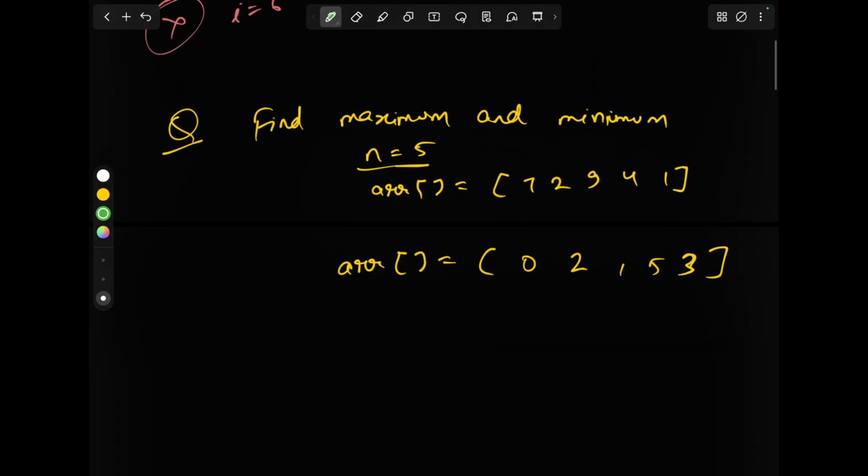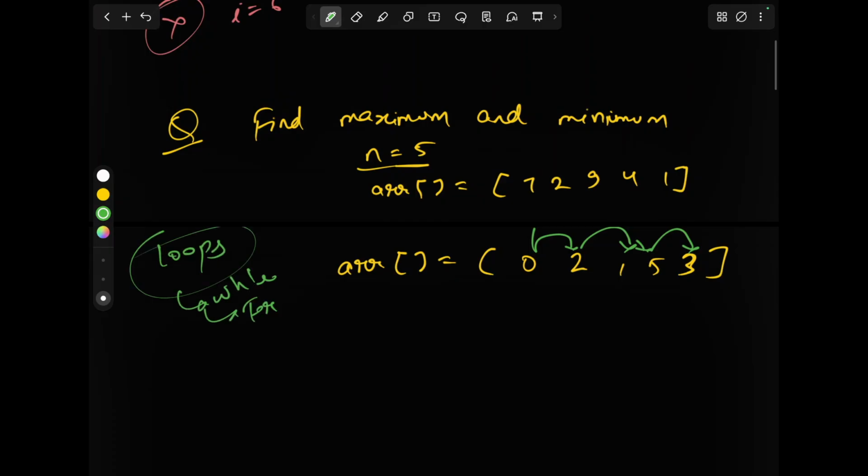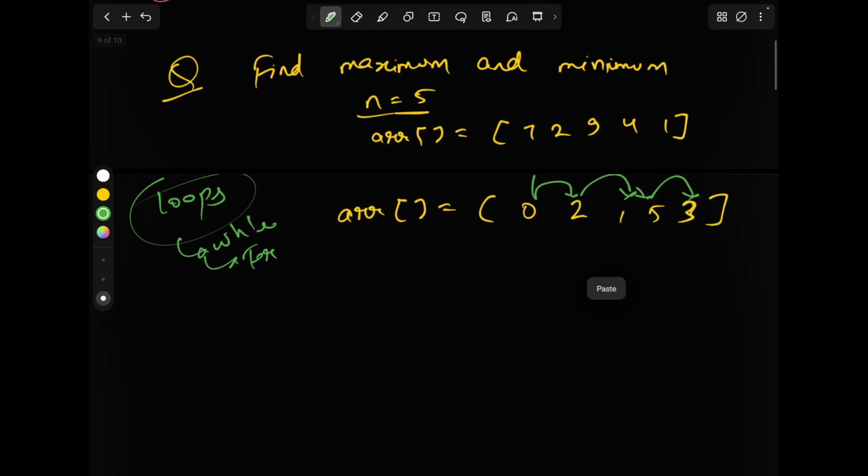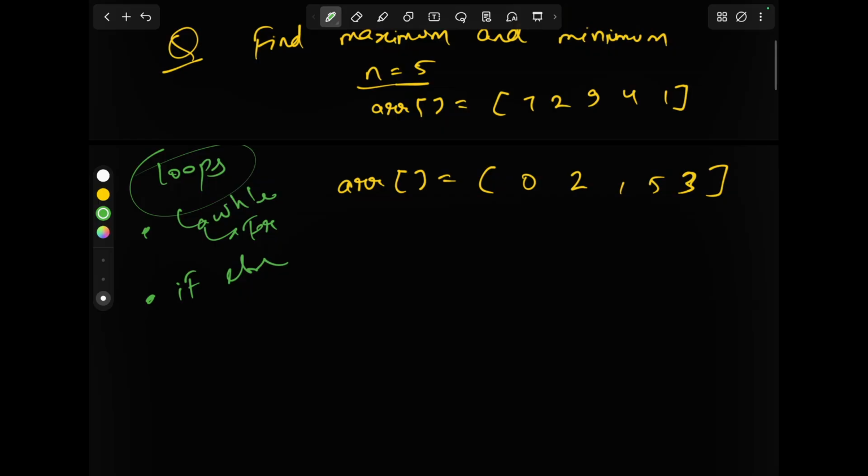Okay, now to find the maximum and minimum value, we have to check every element. So we have to iterate, right? So we have to use a for loop, or you can use any loop. You can also use while, or you can use for. Now we have to check the minimum value and maximum value. To check them, we have to use if else, right, through which we can compare the values, which is max and which is min. Okay, so first we have to declare two variables, max and min,